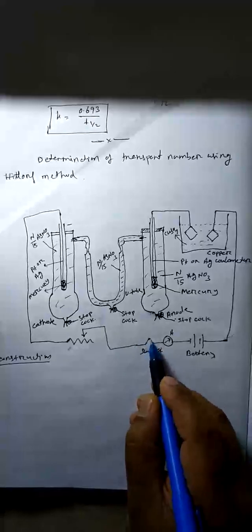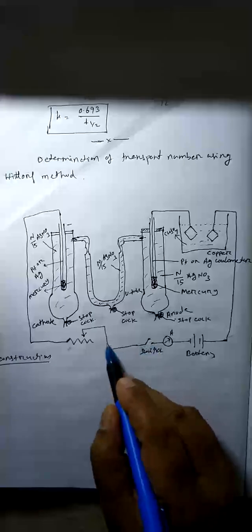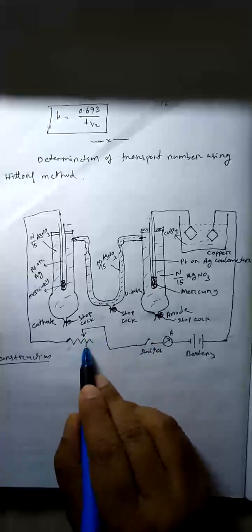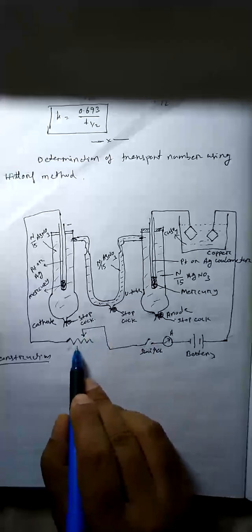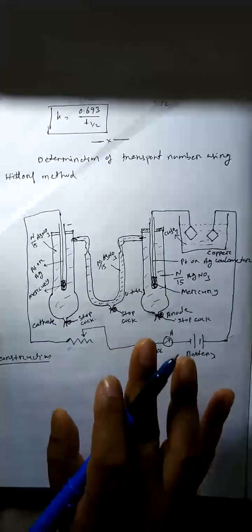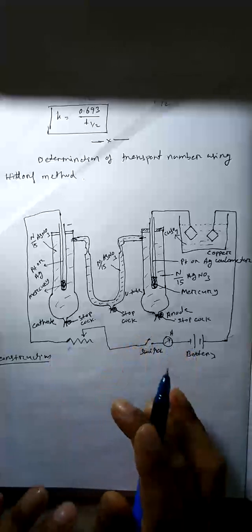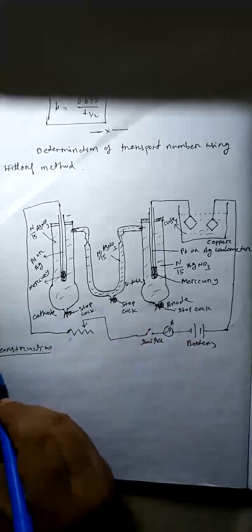Switch means if you close it, it is on. Now it is off. Now the switch is connected with a rheostat. That means we can change the potential. And this is the construction part you have to write. Then we have to write the discussion part. In the discussion part,